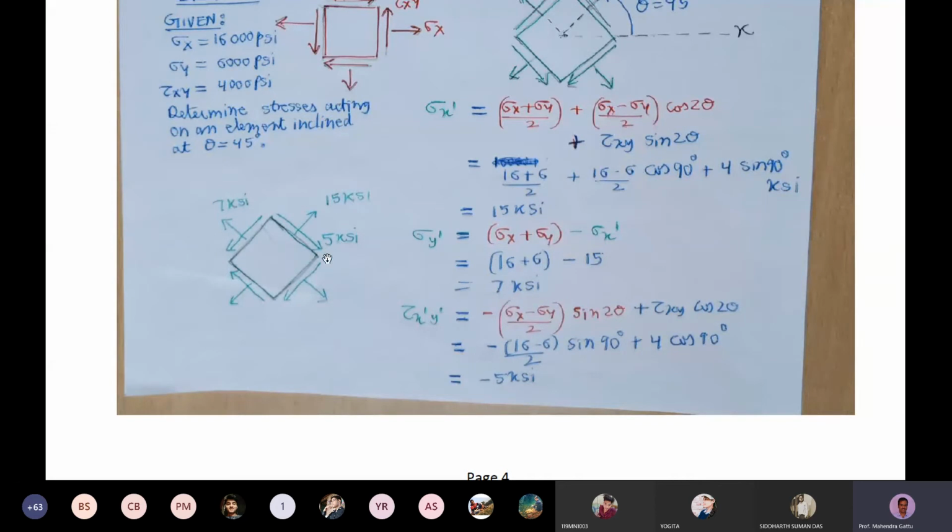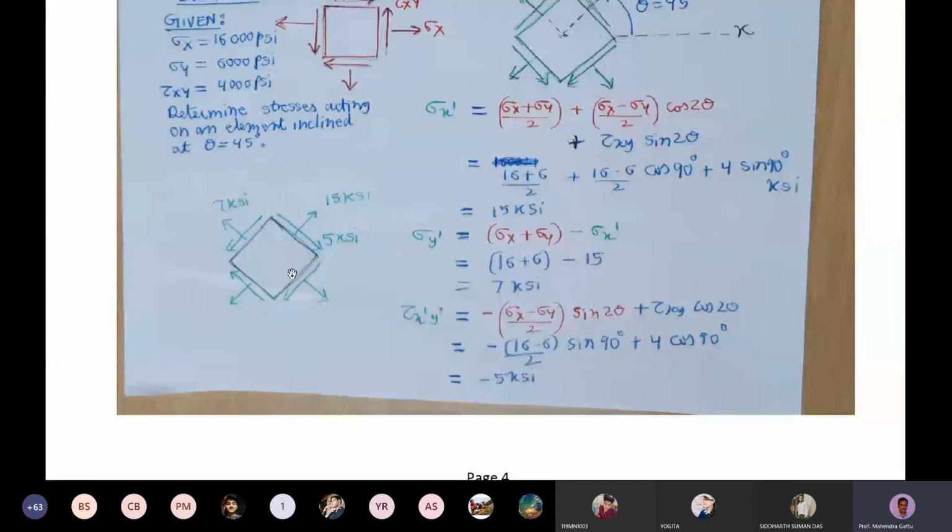Once this shear stress is known, the remaining stresses we can find out. How? If this is acting downward, then the opposite face will act in the opposite direction, so it will act upward. These two will produce a clockwise moment. To balance it, we will have these two forces. So this is an error here. Actually, this arrow should act in the upward direction. I made an error here. This arrow is okay. This arrow will act down the incline, and the bottom face will act in the upward direction. So this is a small error. Please correct it, I can't correct it now. Once the shear stress is known, the direction and magnitude of the remaining shear stresses are complete.